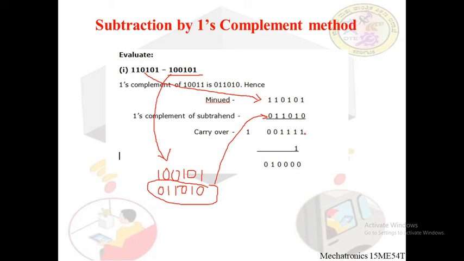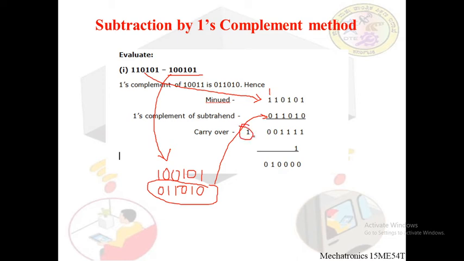We know the thumb rules of addition, which is very simple for any programming of a microprocessor or a computer system. In order to perform subtraction, a simple addition is enough. 1 plus 0 is 1, 0 plus 1 is 1, 1 plus 0 is 1, 0 plus 1 is 1, 1 plus 1 is 0, carry bit is there, it is 1, 1 plus 1 is 0, carry bit is there.